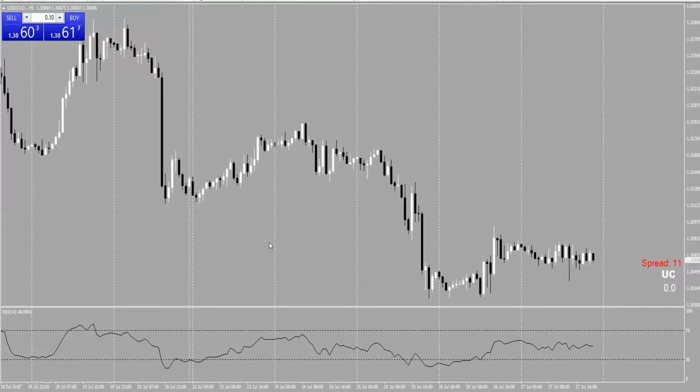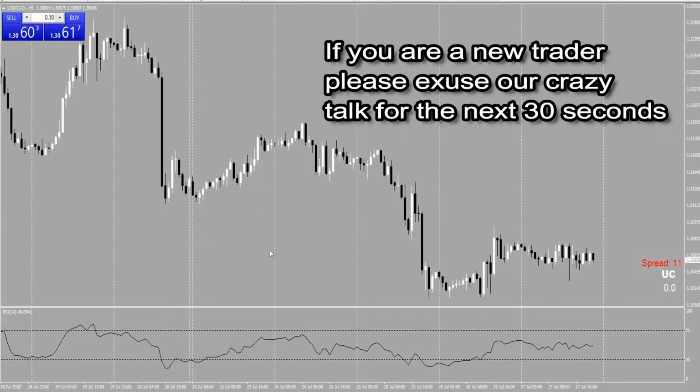Now, early on in our trading days, we paid a lot of money for a lot of indicators that promised to be the goose that laid the golden egg, only to become addicted to indicators and not learn how to read price action. What do I mean, read price action? Well, this may be confusing to you.